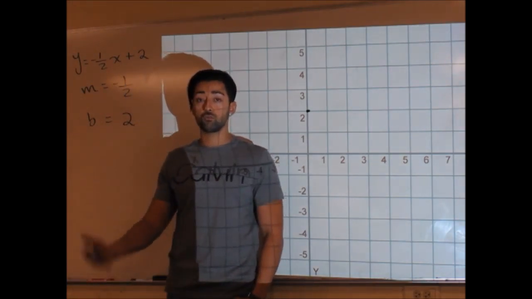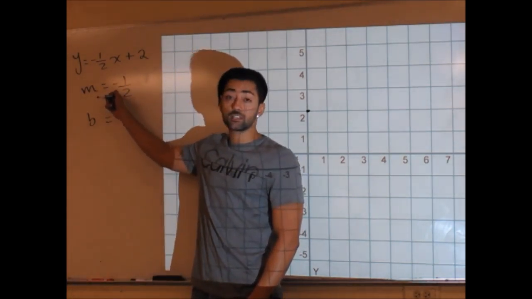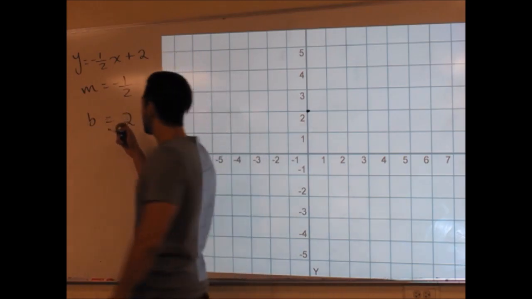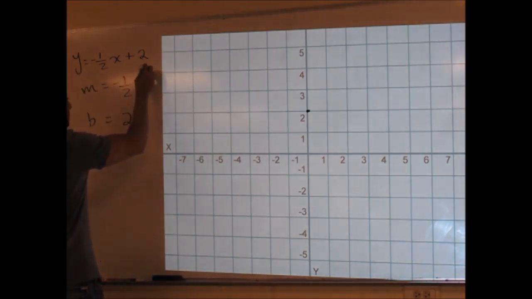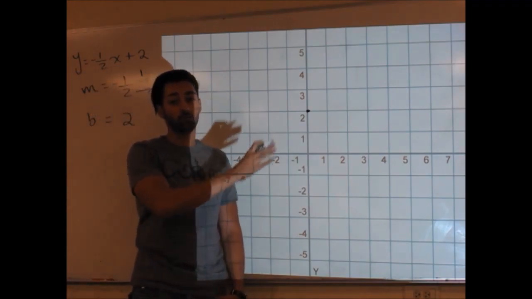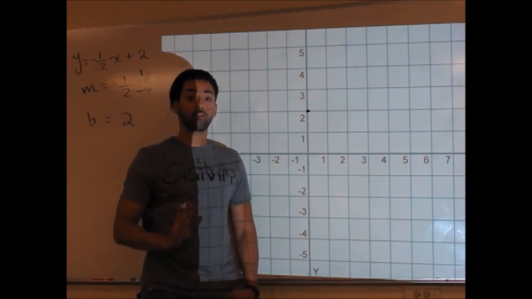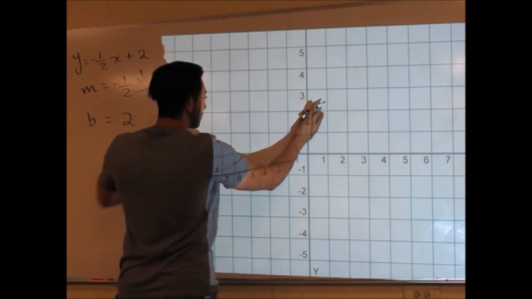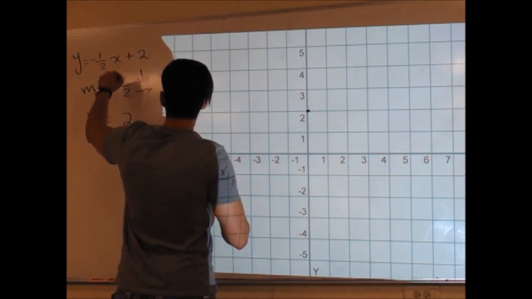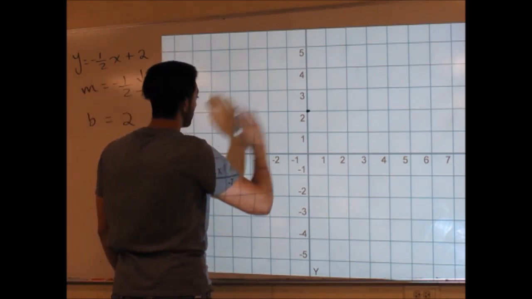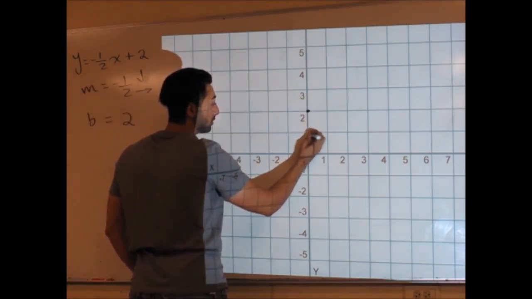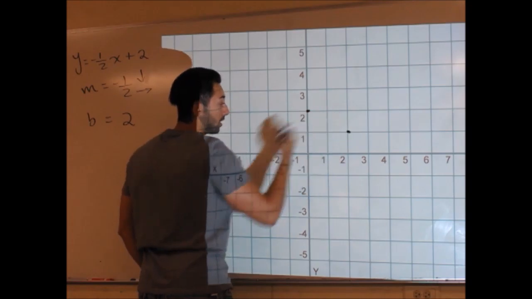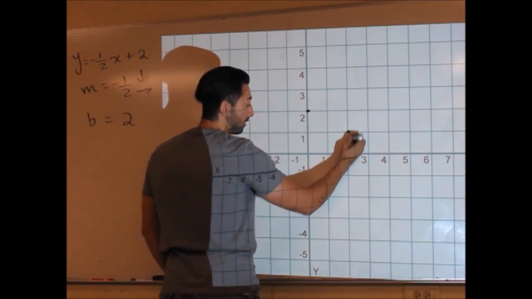And from there, I'm going to do what my slope said. Now, in this case, it's a negative. So the only thing that's going to change is I'm going to move down. I'm still going to go to the right. Personally, I always go to the right. Just depending on the sign of my slope determines if I go up or down. Now, from this point, our y-intercept, we're going to do what the slope says. So we're going to go down 1 unit and 2 units to the right. So down 1 over 2. I could do that again. I could go down 1 over 2.